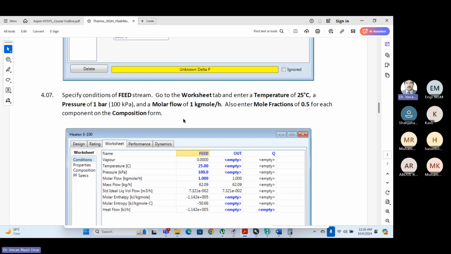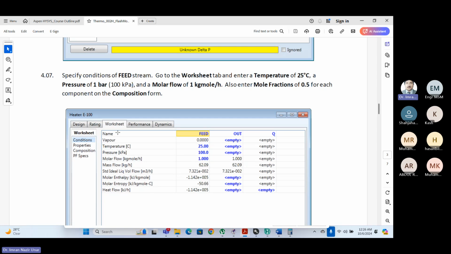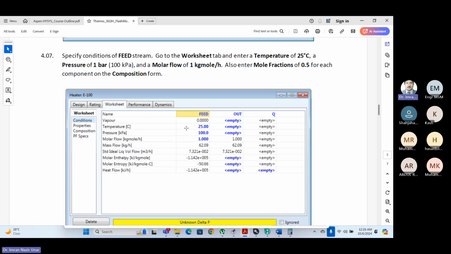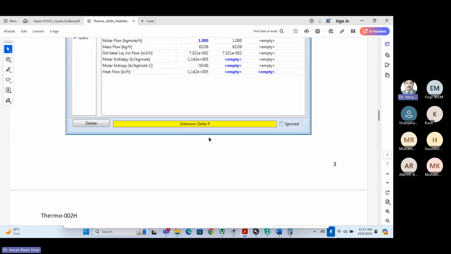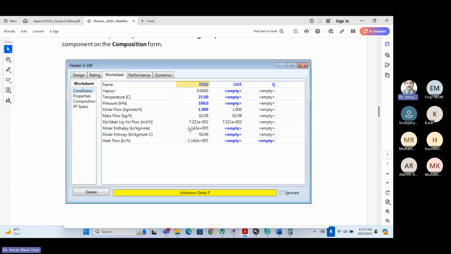go to the worksheet tab. अब आप वर्कशीट पर आ जाएं और यहाँ पर आप क्या करें कि जो फीड स्ट्रीम है उसका तो टेम्परेचर फिक्स है 25, प्रेशर 1 बार या 100 किलो पास्कल, और मोलर फ्लो 1 किलोग्राम मोल हो गया, और मोल फ्रैक्शन उसकी 0.5 कंपोजिशन में दे दी हमने। ठीक है, अब हम क्या करते हैं, ये फीड स्ट्रीम तो फिक्स है जो कि इसने बता दी।